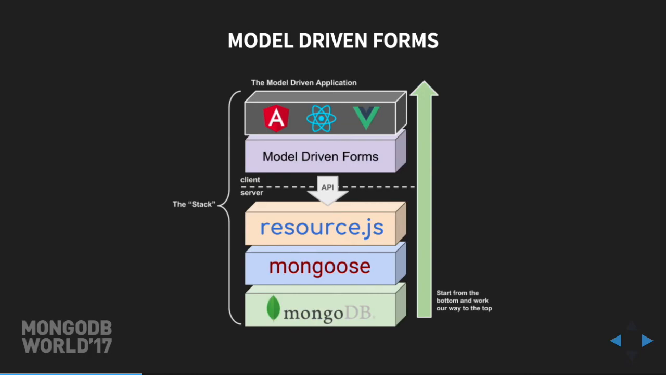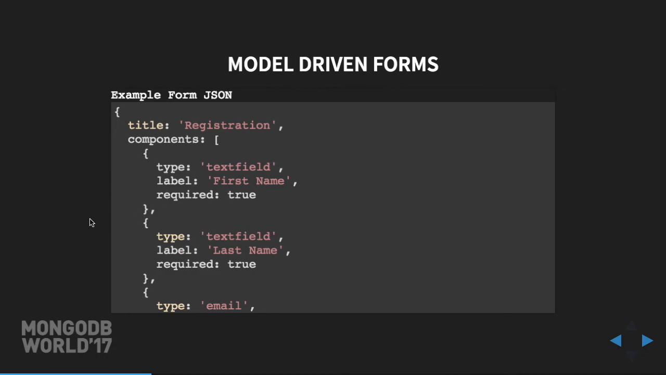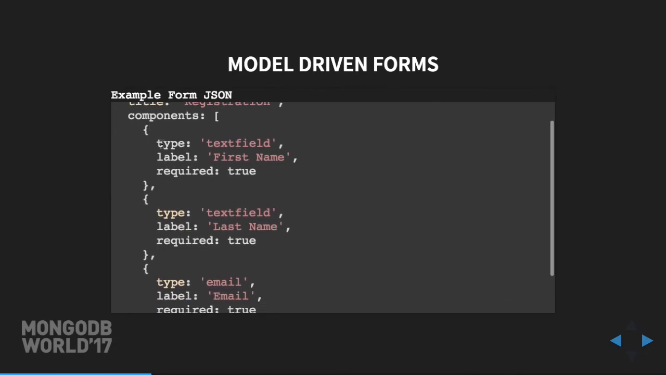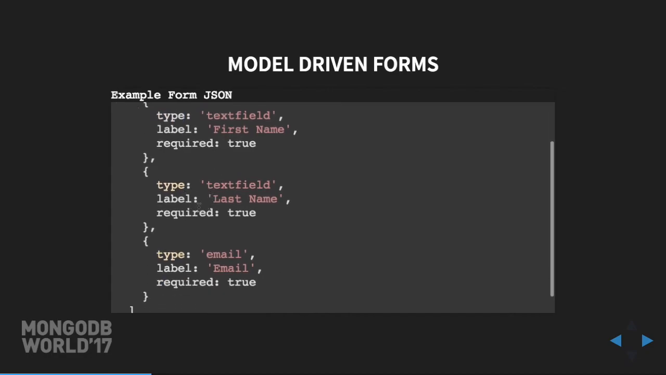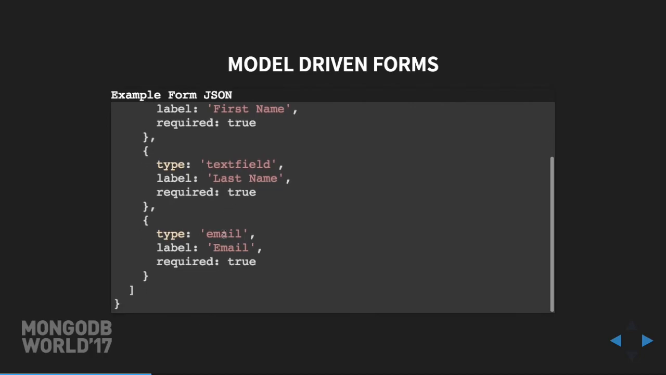Model-driven forms basically take a form, and by defining the form schema, you essentially can represent a UI. They look something like this. A registration form might have a bunch of components, and a component might be a text field with the label first name, required. Here's the last name, which is a text field, it's required. Email,